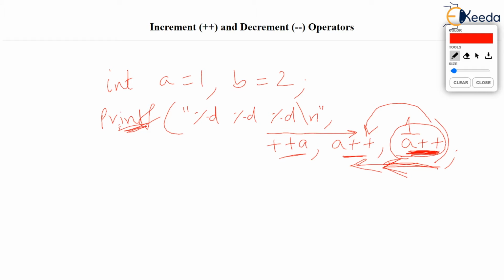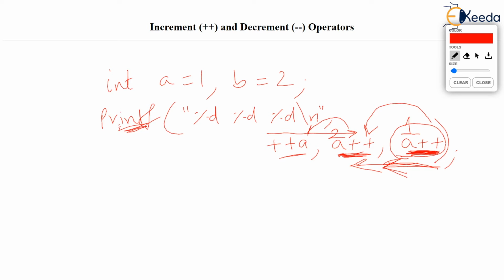This is again a++, postfix, isn't it? So whatever is the current value of a, 2, should be printed at this place. But after that, ++ should be done. So the current value of a is 2, but by the time you reach this expression, a has already become 3.